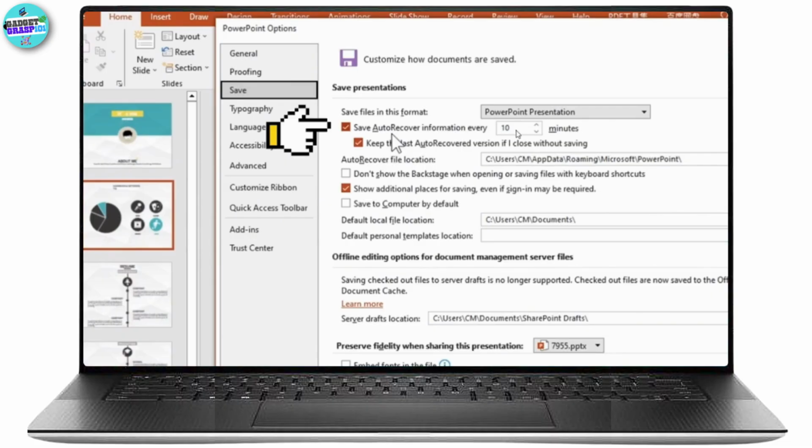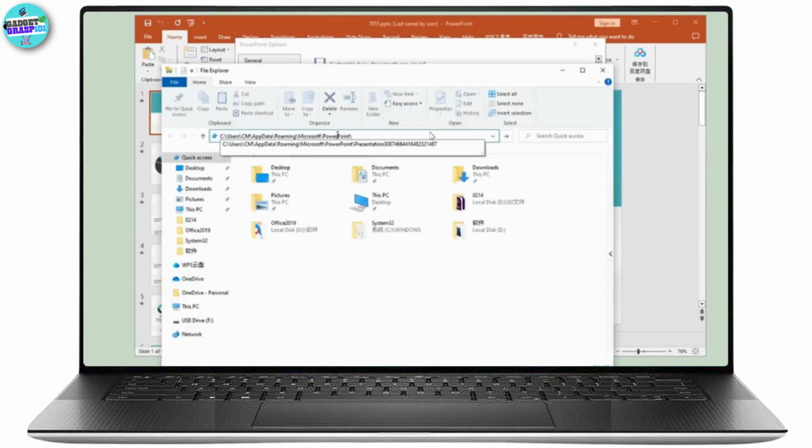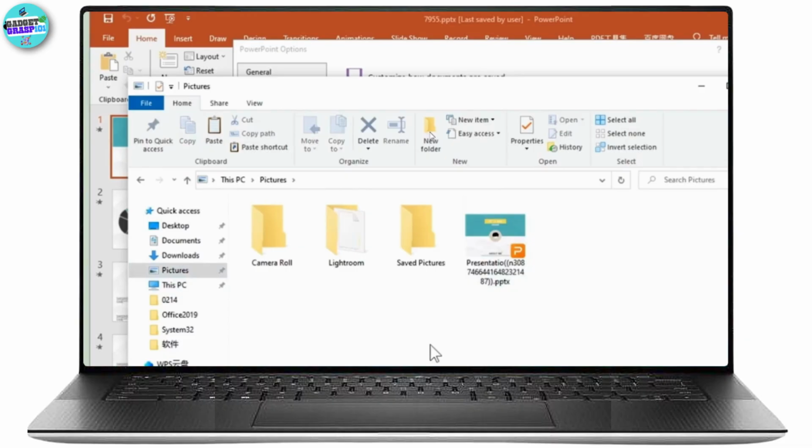Then you will have the second method, which is you can use the AutoRecover feature. You can go to the same option and then you will have this kind of interface. And here you will have the AutoRecover file location. All you need to do is copy this location, paste the file path into the search bar of your file manager and then hit Enter. This will take you to a folder that should contain your recovered files. Now all you have to do is click on the folder, copy the PowerPoint presentation or file to a saved